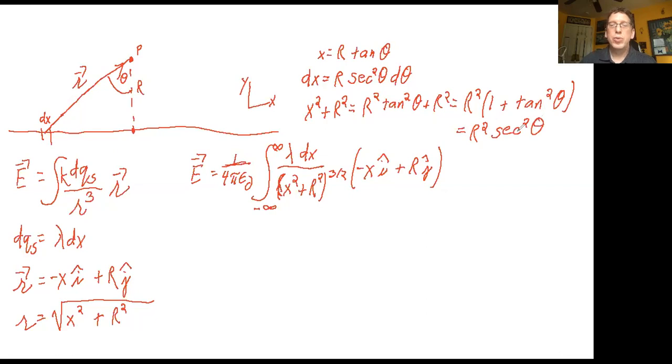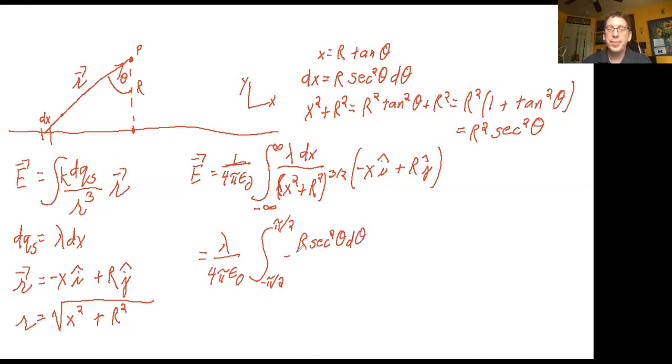So now we can plug these values in. So we can bring the lambda out. And at positive infinity, theta is pi over 2. And at negative infinity, theta is negative pi over 2. So we've made a substitution, and we need to change the values we're integrating over. So dx is R times the secant squared of theta d theta,